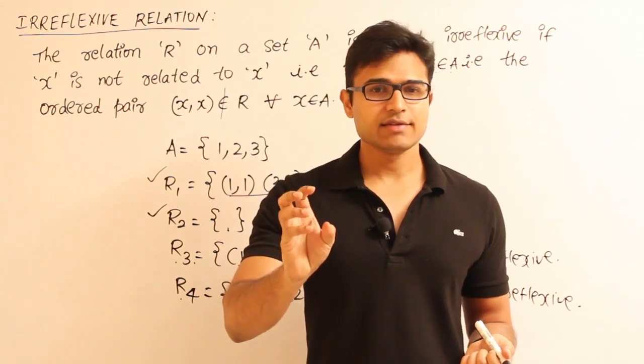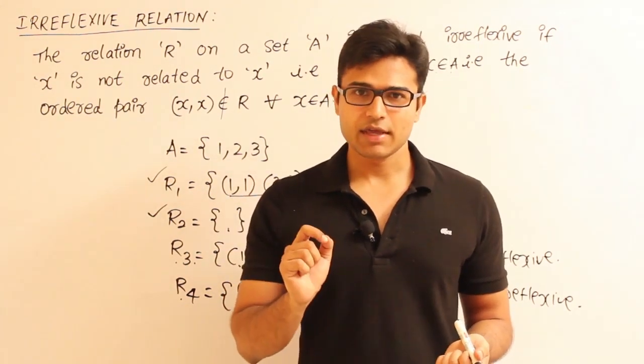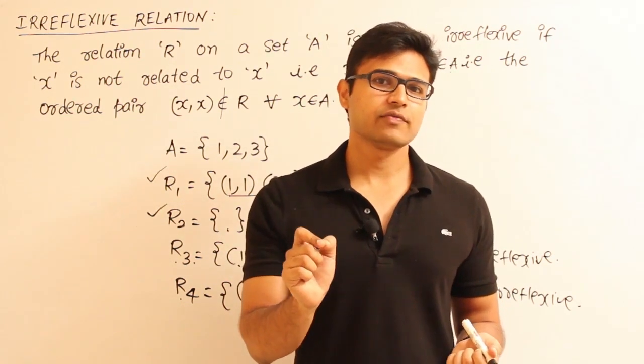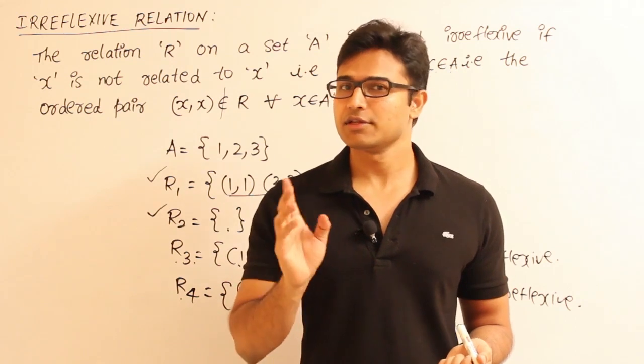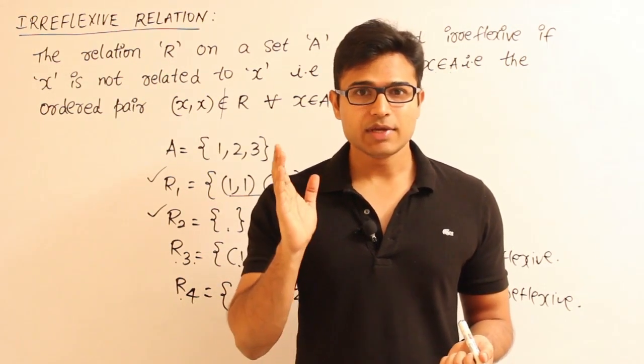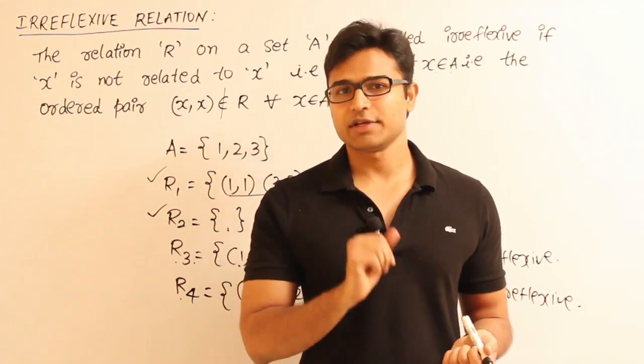Now once it contains at least one diagonal element, it cannot be irreflexive. Therefore there cannot be any relation which is both reflexive as well as irreflexive. That is an interesting point. And the second point is, there will be some relations which are neither reflexive nor irreflexive,